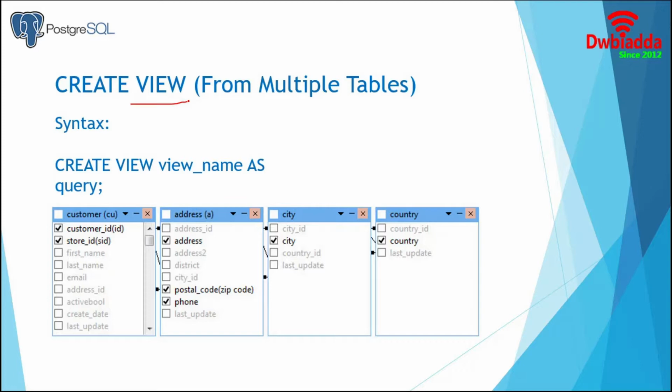A view is a database object that can be accessed as a virtual table in PostgreSQL. In simple words, a view is a logical table that represents data of one or more underlying tables through a select statement. A view helps simplify the complexity of a query because we can query a view which is based on a complex query using a simple select statement. To create a view, we use the CREATE VIEW statement. First we specify the name of the view after the CREATE VIEW clause, then put a query after the AS keyword.